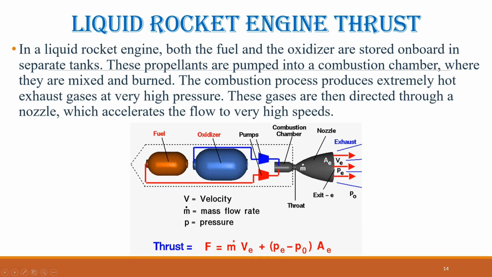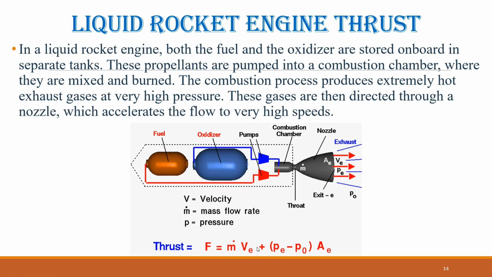Beyond the throat, the nozzle expands outward. The ratio of the exit area A_E to the throat area determines both the exhaust exit velocity V_E and the exit pressure P_E. The pressure at the nozzle exit is equal to the surrounding free stream pressure only at a specific design condition. Because this is not always the case, a more complete thrust equation must be used. If the surrounding free stream pressure is represented by P_0, the thrust produced by the rocket engine can be written as